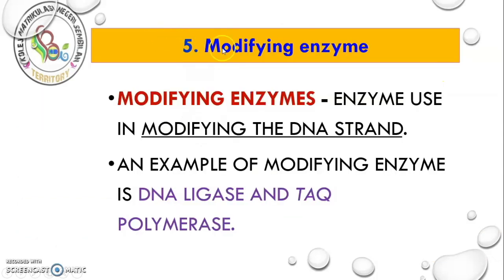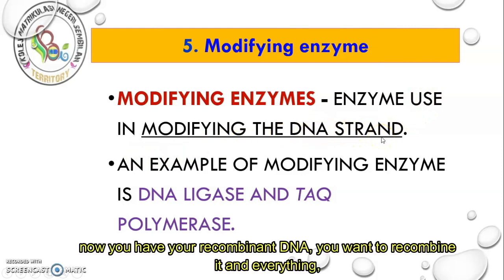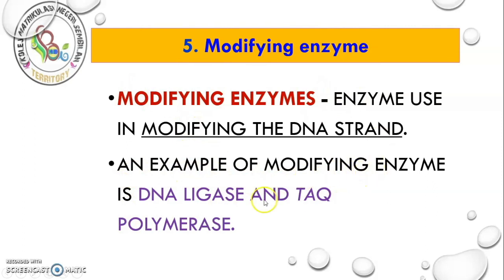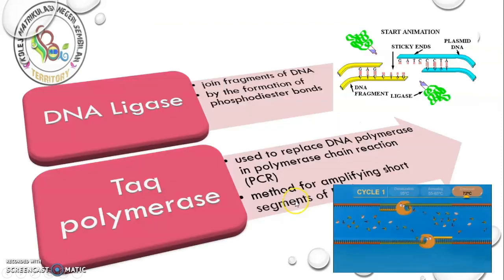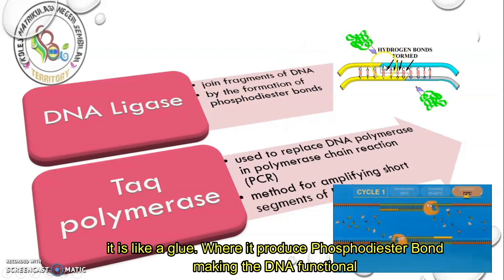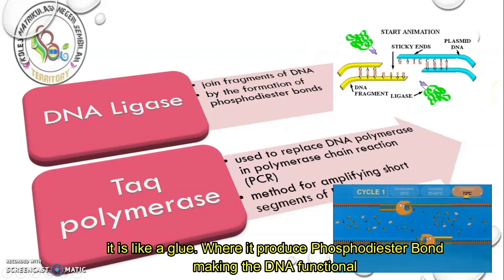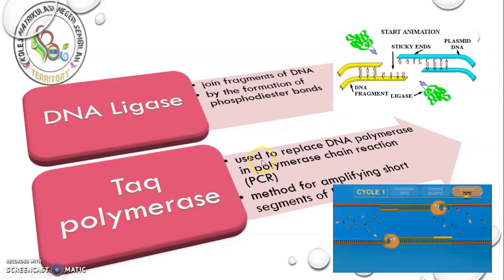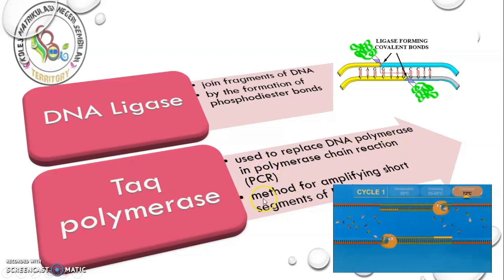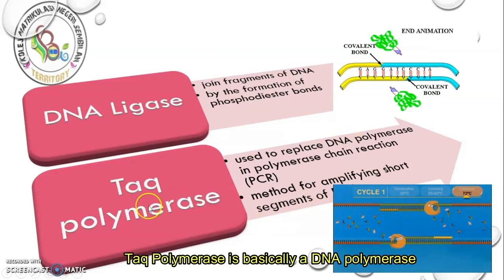The next tool is the modifying enzyme. So modifying enzymes are used in modifying the DNA strand. So now you have your DNA strand, you wanted to recombine it and everything, so we're gonna use modifying enzymes. Examples of modifying enzymes are DNA ligase and Taq polymerase. The DNA ligase joins DNA fragments together by forming phosphodiester bonds. It is like a glue where it produces phosphodiester bonds, making the DNA functional. Taq polymerase is used to replace DNA polymerase in the polymerase chain reaction (PCR) method of amplifying short segments of DNA. Taq polymerase is basically a